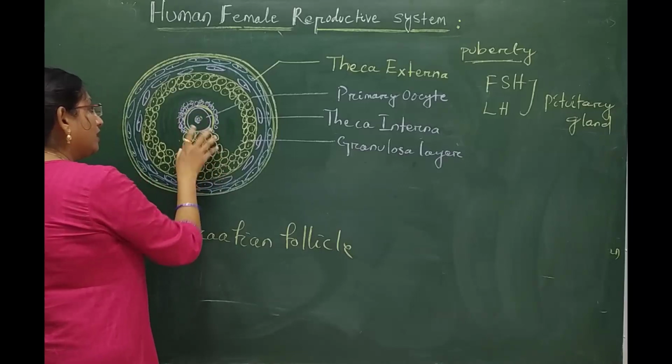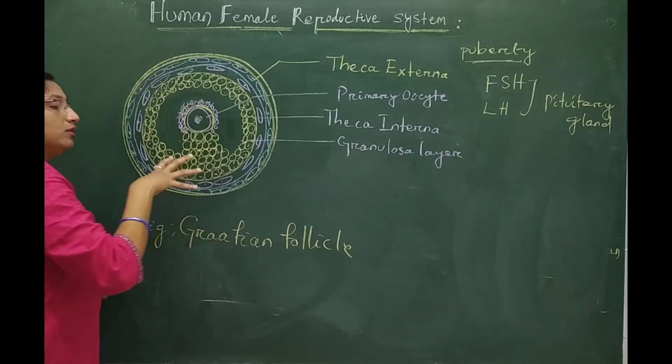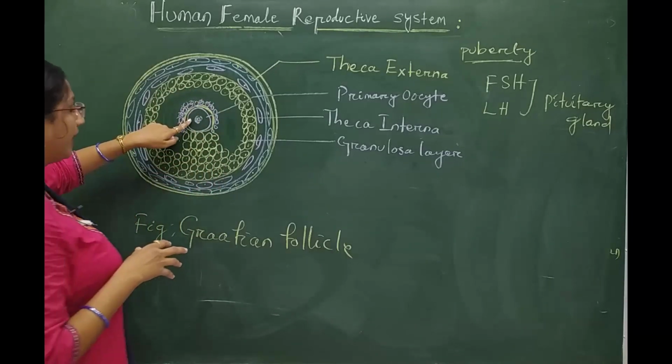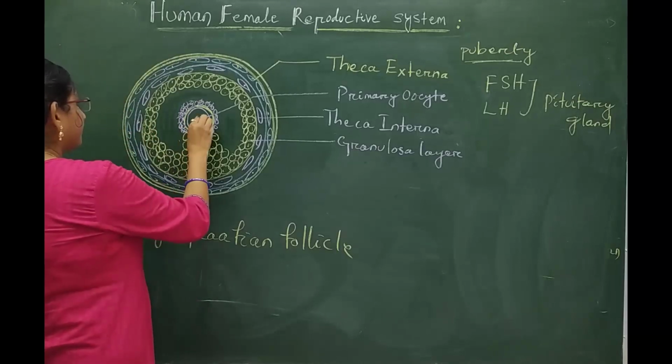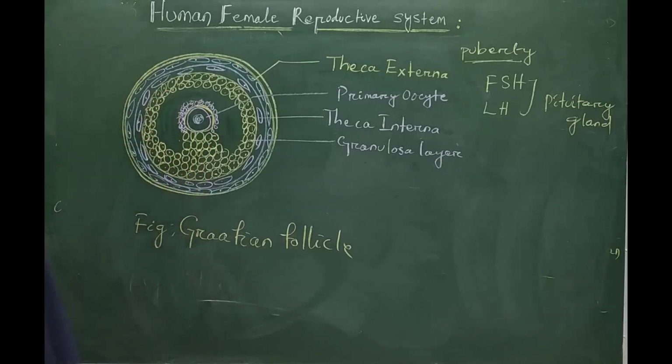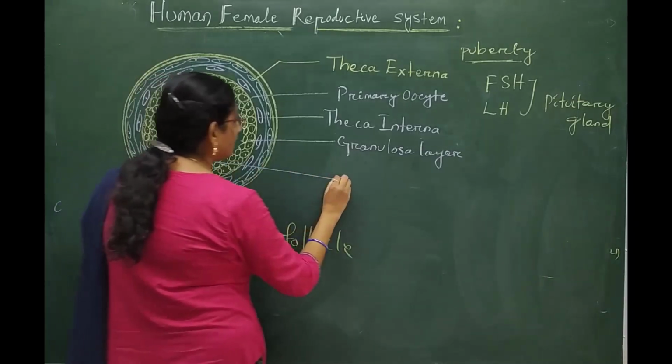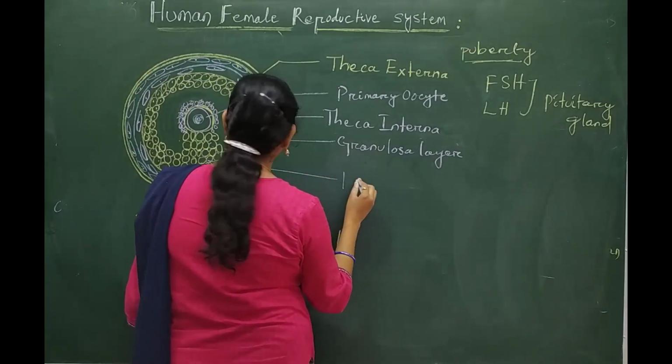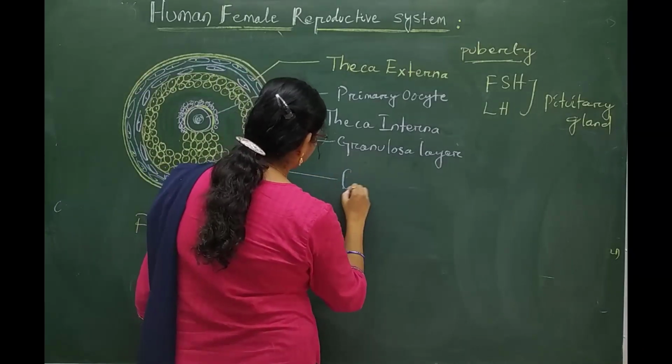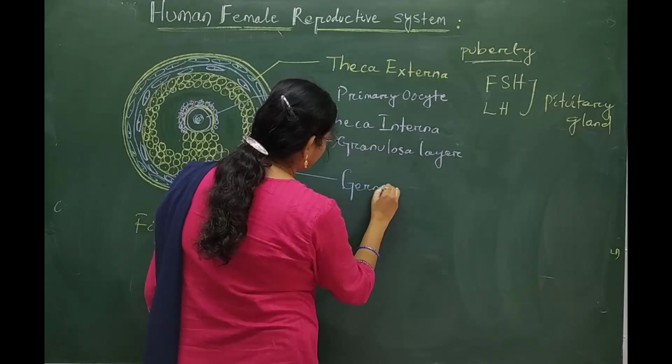This projection makes a pathway to the central primary follicle. This projection is known as germ hill,